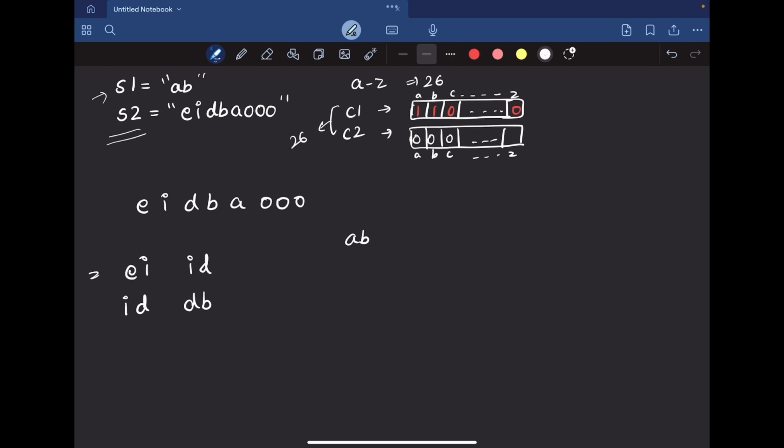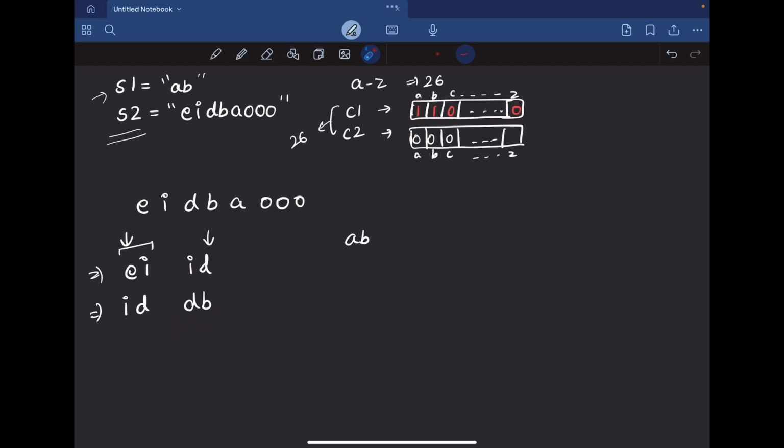So at every point, in our old substring we are adding another character at the end and removing the first character. In EI, one more character got added, so it became EID, and the first character got removed, so it remained ID. Here also in ID, the next character got added, which is B, and the first character got removed, which is I. So we got DB, right?